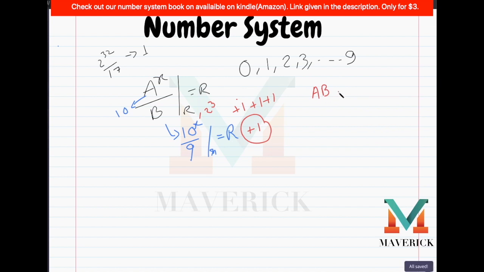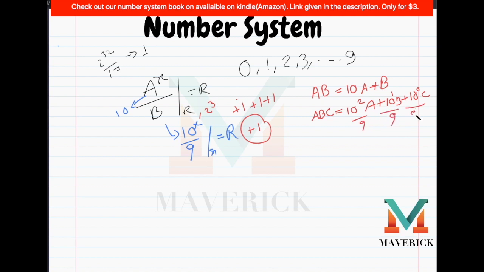10A plus B, right? Or a 3-digit number ABC can be written as, how will you write? Using powers of 10, 10 square A plus 10 raised to 1 B plus 10 raised to 0 C. Now what we are using is nothing but basic remainder theorem. You need to understand that. You divide this by 9. When you divide this number by 9,